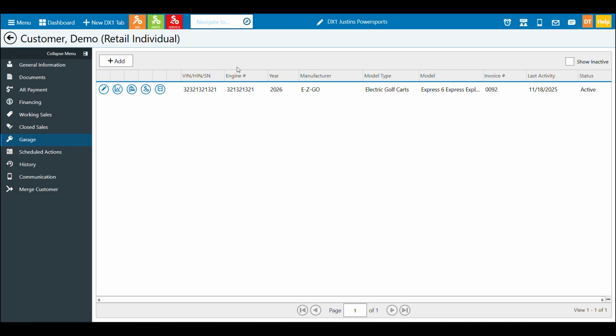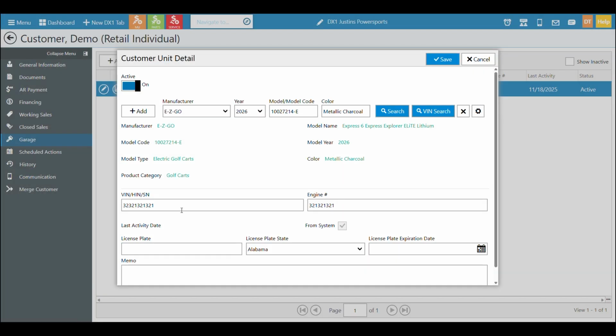So once a unit is sold through the dealership to a customer, as I mentioned, they're going to show in the customer's garage. And you have some things you can do here. The pencil is an edit pencil. So if you have to update something, maybe a VIN got typed wrong or an engine number wasn't originally added, but you want to add it now, or you simply realize somebody put in the wrong model code, you can update the vehicle that's in the customer's garage. Hopefully, since it was sold to them, in this case through your dealership, everything is correct.